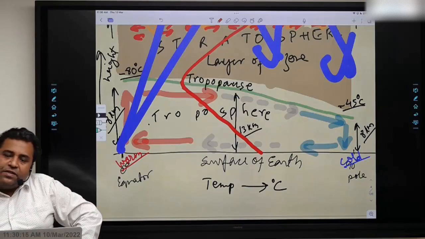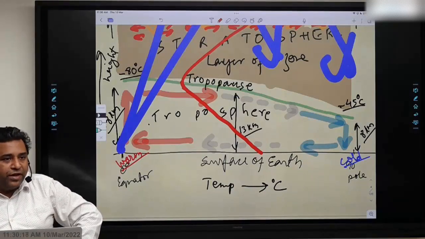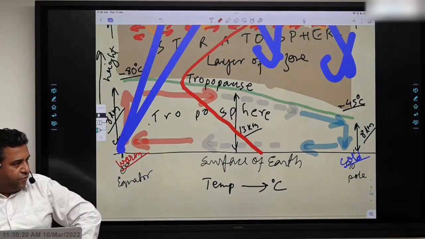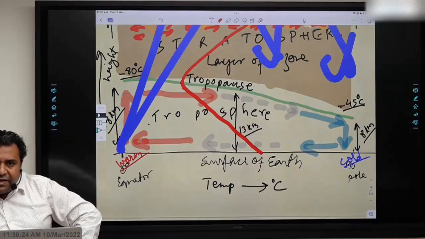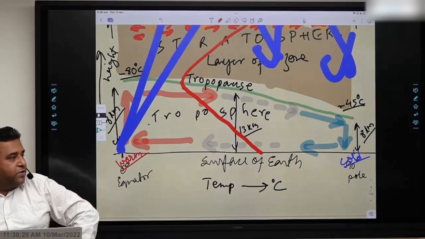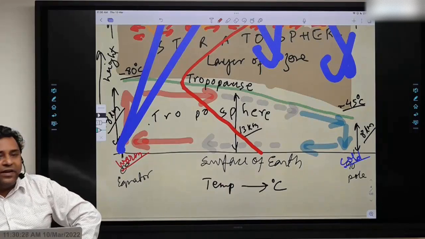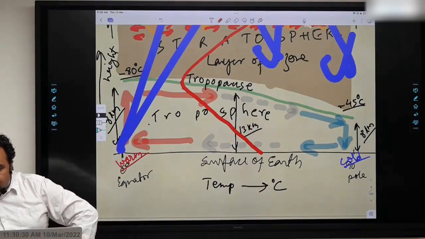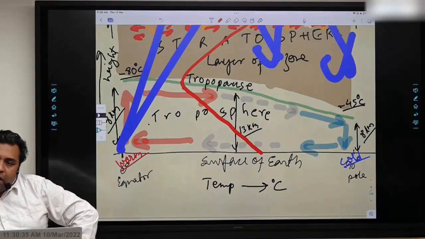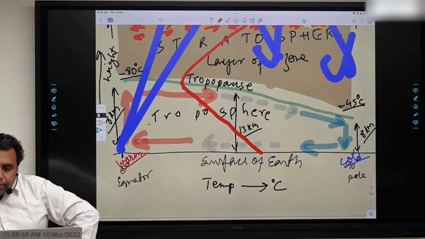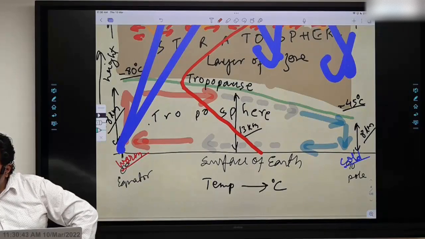We will talk of this in monsoon again. When we do monsoon, we'll write it there. But if you want to write it here, go ahead, it is up to you. The tropopause height in the mid latitude varies between summer and winter.